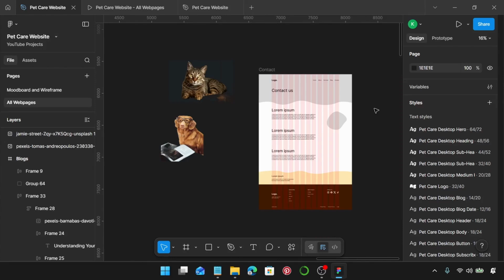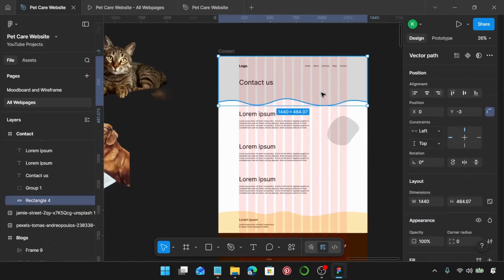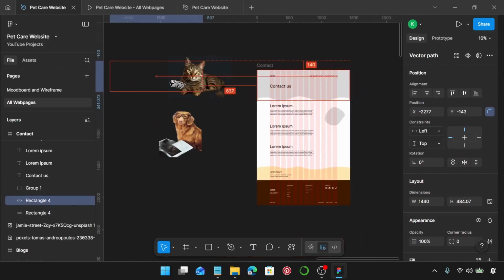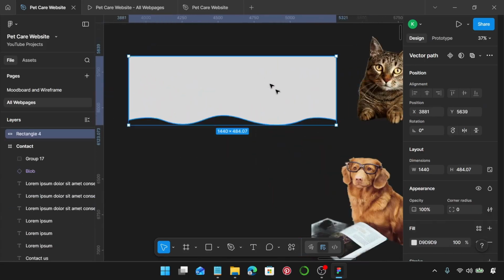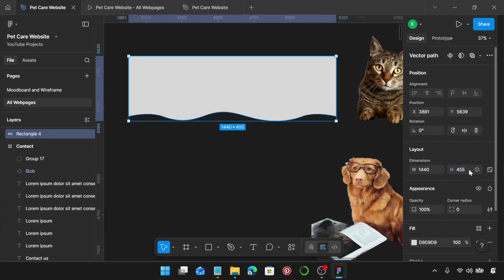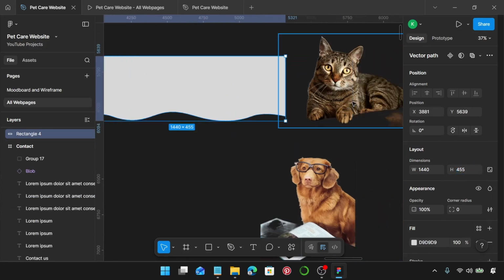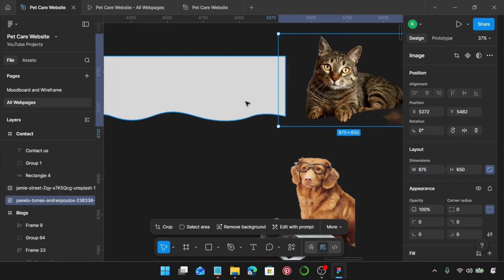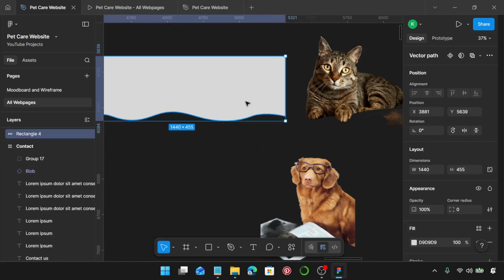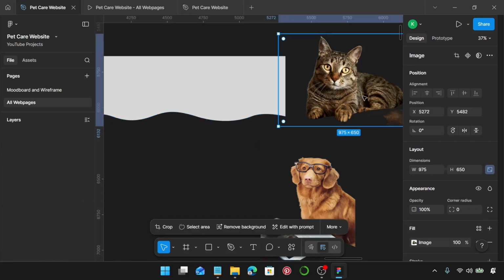We just have 2 images here. Let's start with this rectangle. I'm just going to grab a copy of this, bring it out of our frame, and change the height to 455. Next, I'm going to select this image and change the width to 975. Next, select the rectangle, use your right square bracket to bring to front, and we're going to select the image